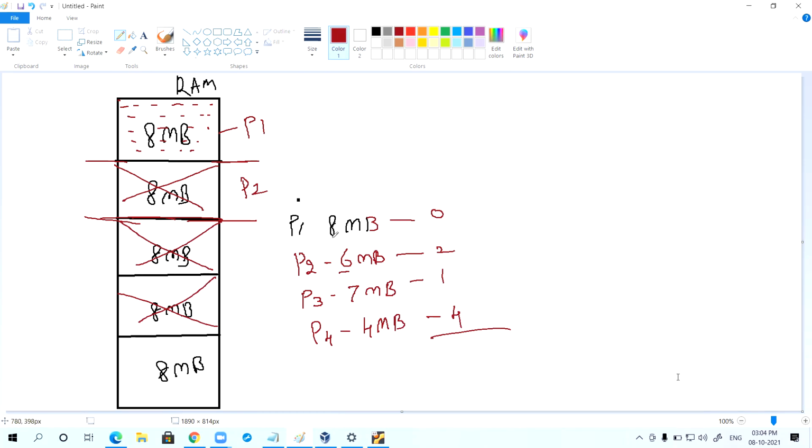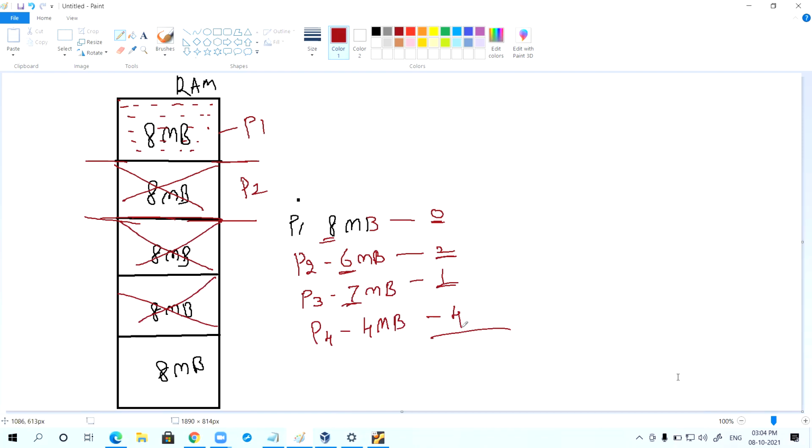P1 process required how many MB? 8 MB. How much memory is allocated? 8 MB. So 0 wastage. P2 process needs 6 MB, allocated 8 MB, so 2 MB gets wasted. P3 process needs 7 MB, but allocated 8 MB, 1 MB wasted. P4 process needs 4 MB, but allocated is 8 MB.